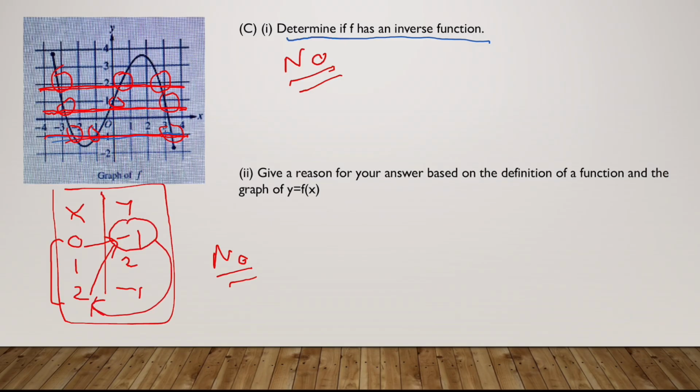And we know from the definition of a function that one input cannot map to two output values. So while the function as such is defined, two input values can have the same output, but if you want to invert them, then each output should map to a unique input. So your reason would be that there are output values, I'll write it in short,